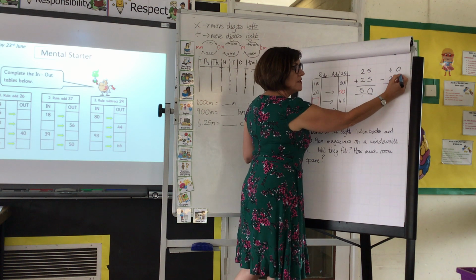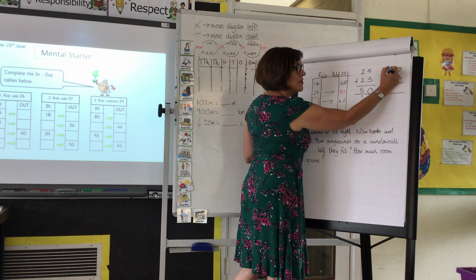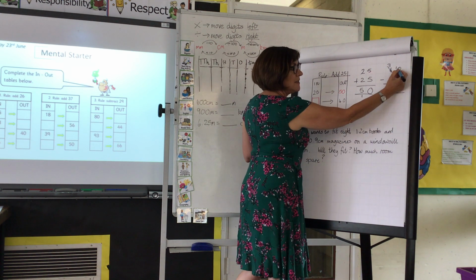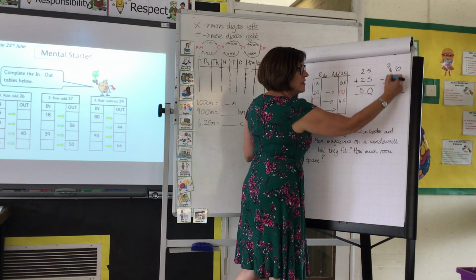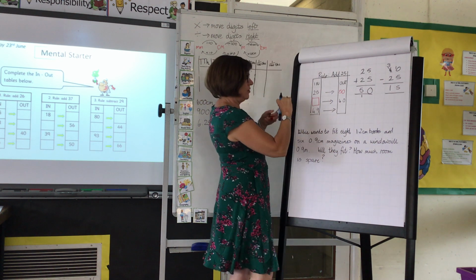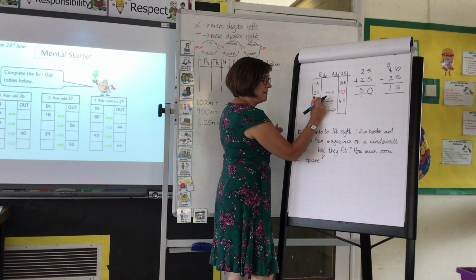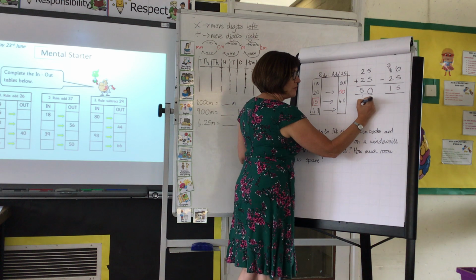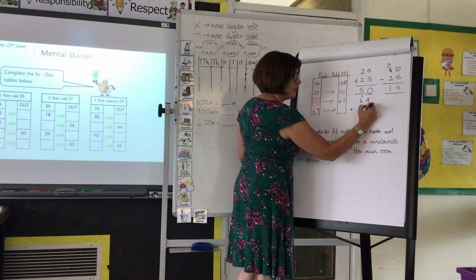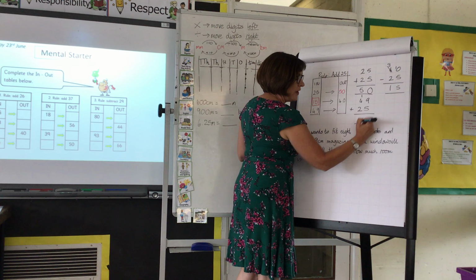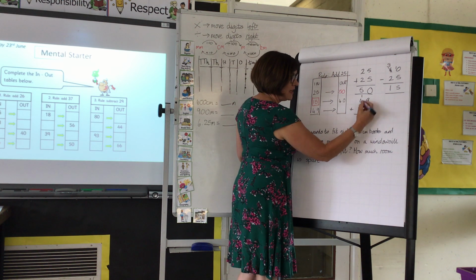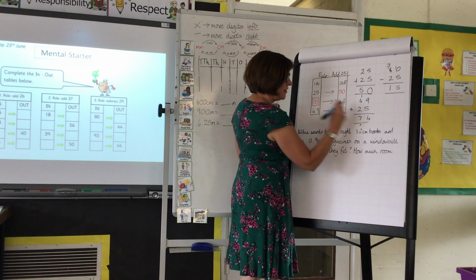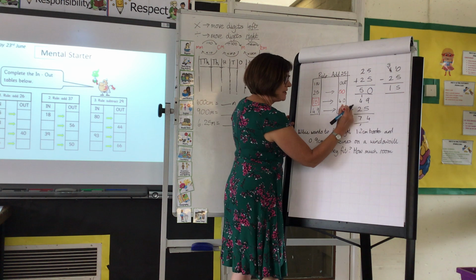Just a quick reminder of how to do that. You always start with the ones. You cannot take 5 away from 0, so you need to take a 10 away and bring it into the ones column. 10 take away 5 is 5, 3 take away 2 is 1, so your answer would be 15, and so on. 49, add 25, you would do 49 plus 25. 9 and 5, don't forget to carry the 1 into the tens. 9 and 5 is 14, 4 and 2 is 6, plus 1 is 7, so your out number would be